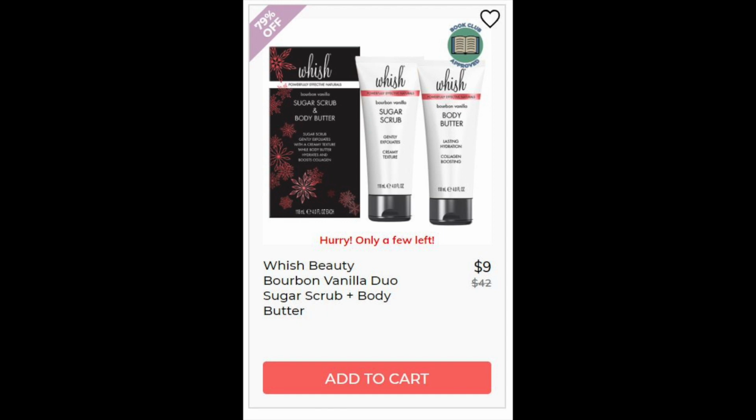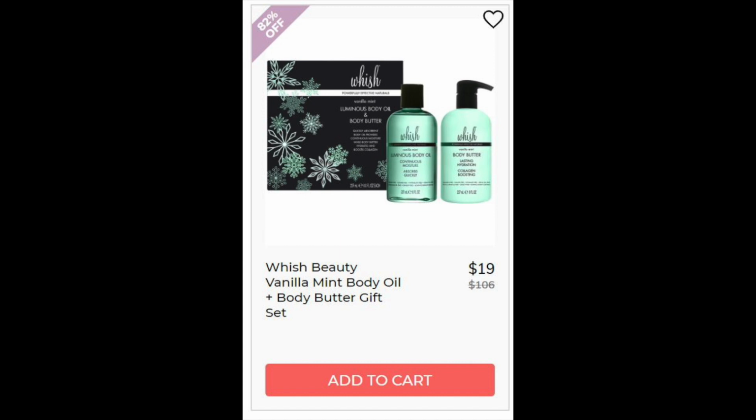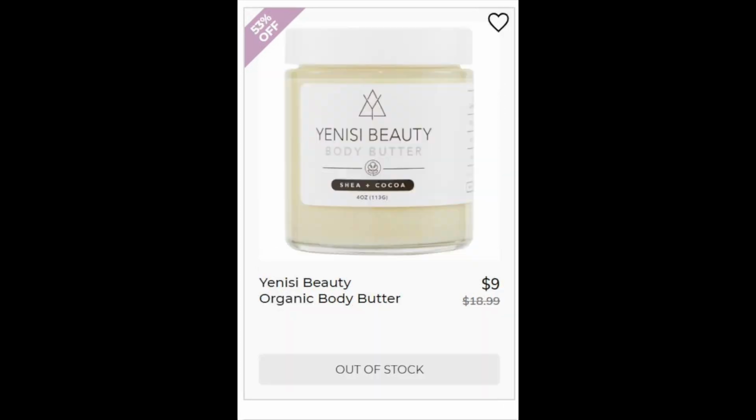For the Wish Beauty Bourbon Vanilla Duo, I could not find enough reviews. And for the Wish Beauty Pink Champagne Hand Set, I could not find enough reviews. The Wish Beauty Vanilla Mint Body Oil and Body Butter, I could not find that as a set. I only found them as individual items. And the same thing for the Wish Beauty Winter Berry Body Oil and Body Butter gift set. The last item is the Yanisi Beauty Organic Body Butter, and I could not find enough reviews on this as